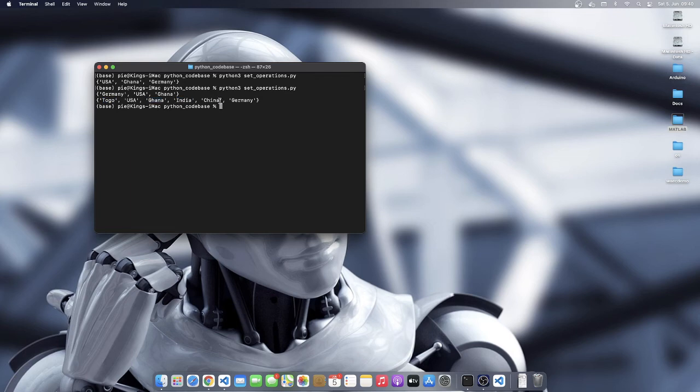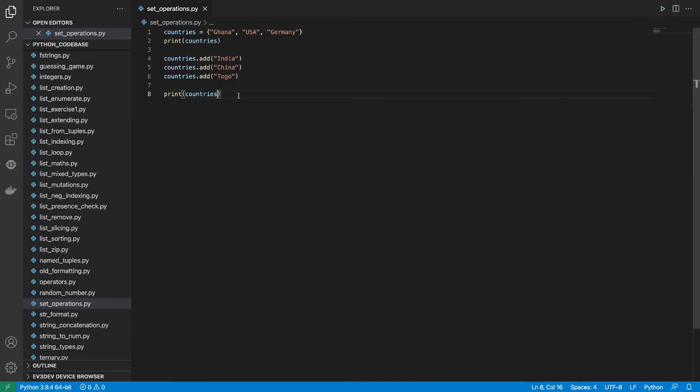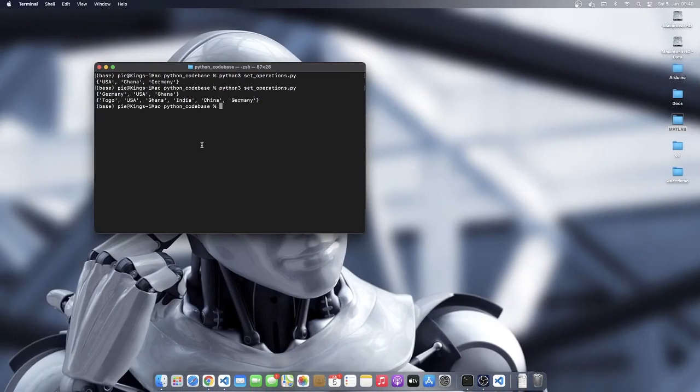Ghana, India, China, Germany. Now I'm going to add Ghana multiple times, and you will confirm that it doesn't affect it in any way. So Ghana, I'll come here, add Ghana, and then we are going to run this program, and you can see that indeed Ghana is not repeated because the set data type doesn't permit the addition of